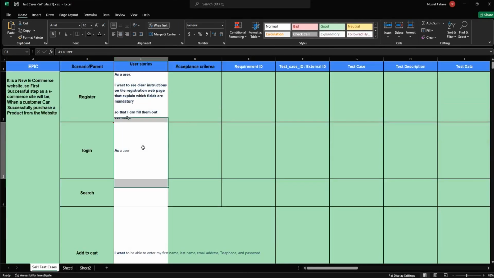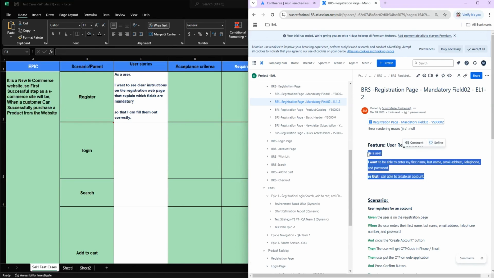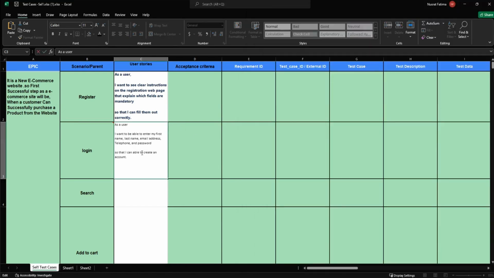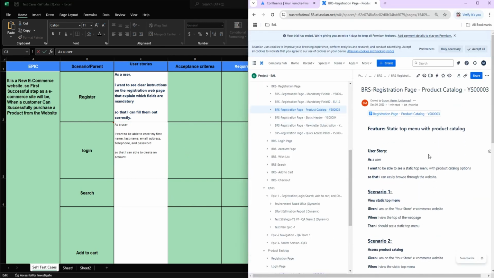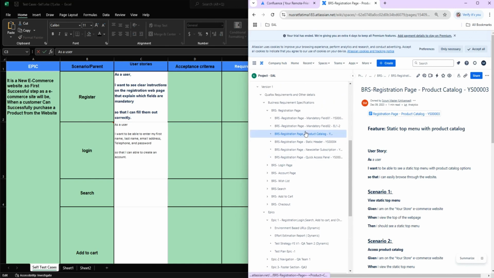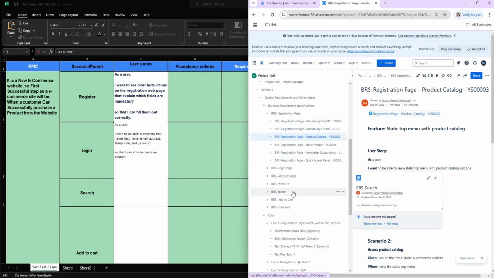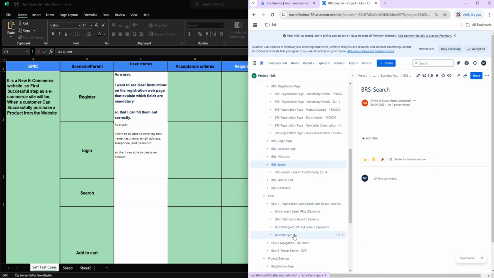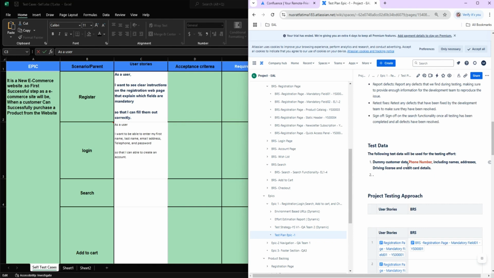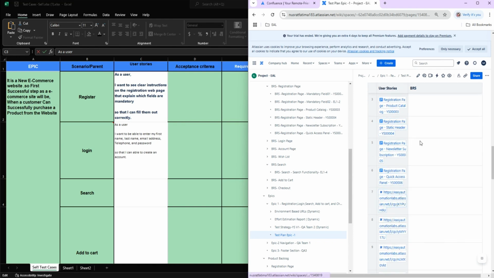Control C only in this section. And then for our third one, not the product catalog. We have search. As you can see, it is empty, so we only have to follow the test plan. For search,